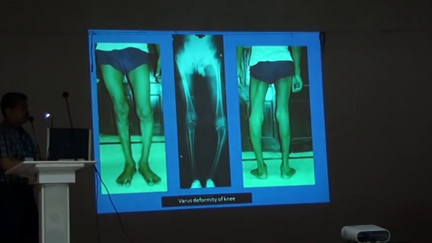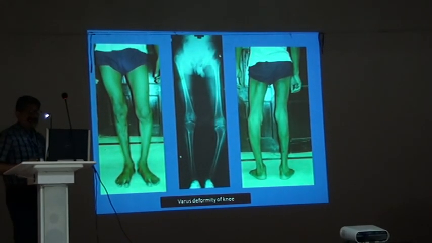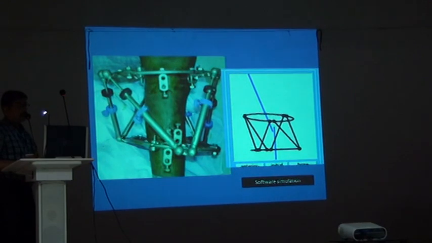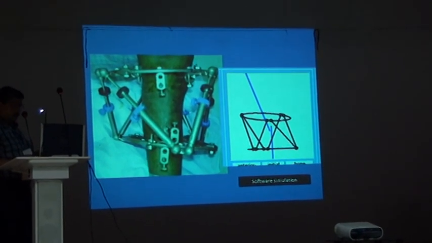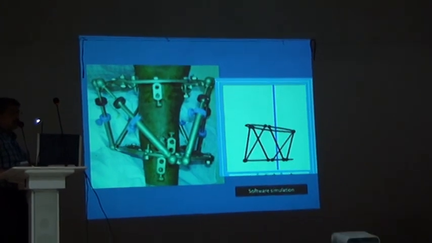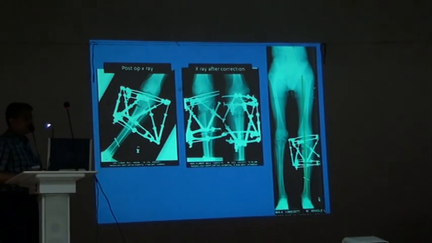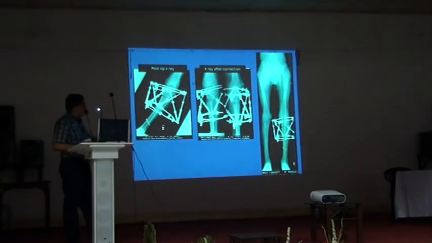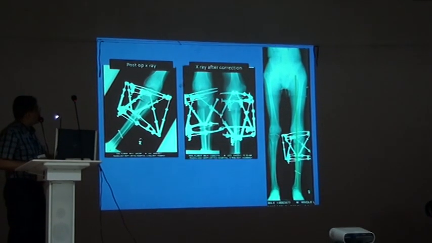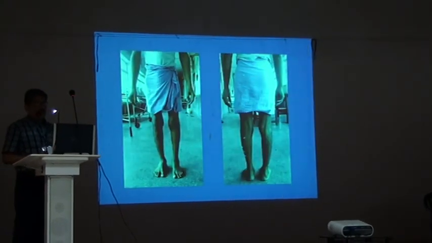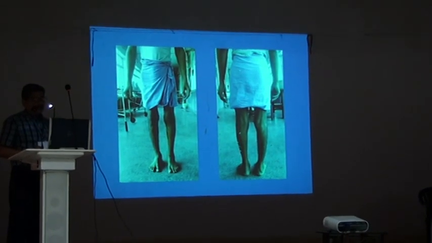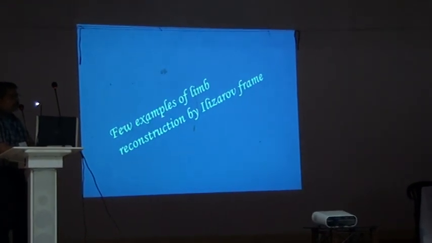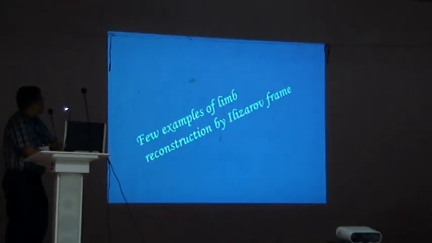This is another case of genu varum, varus deformity of the knee. We fixed with this type of fixator, computer simulation of the deformity and how much it will be corrected. This is immediate post-op, and you can see the displacement of the bone and axis has been completely corrected after the procedure is over. This is the picture after removal of the fixator. So limb reconstruction does not complete without the discussion with the